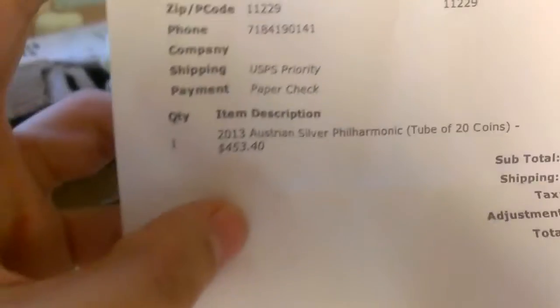So what we have in here is something that's pretty heavily taped. Looks like they taped this to the inside of the box for some reason, which is very interesting. I have to throw these peanuts out later. Here we have our packing slip, and we have here 20